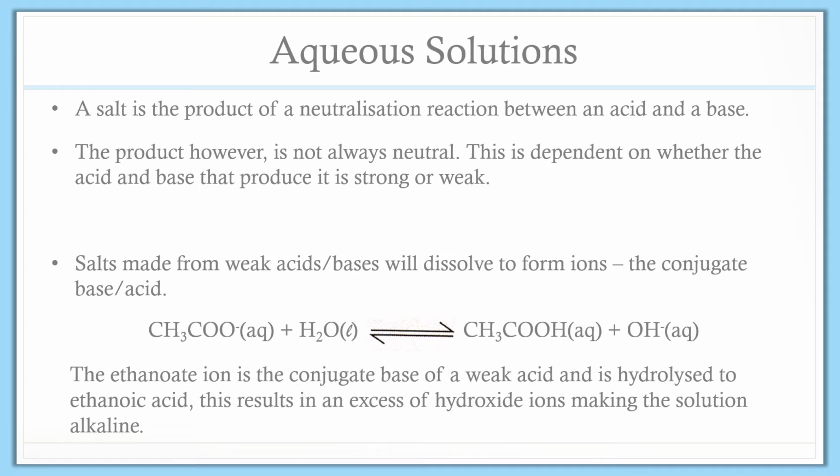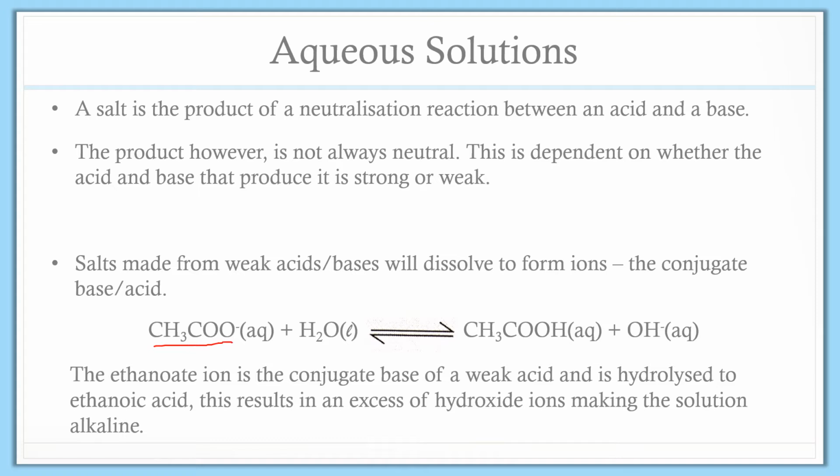Salts, however, are not always neutral. So when you have an acid and base react, you're not always going to get a neutral solution. That could be because your acid was much stronger than your base, meaning that when they've totally reacted, you've got still some acid left over. Or it could be because the thing that they make when they react is itself an acid or a base. To use this example here,